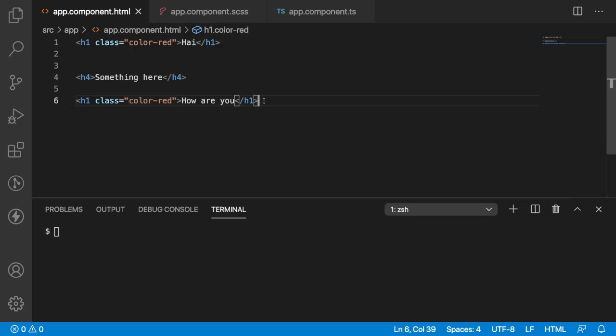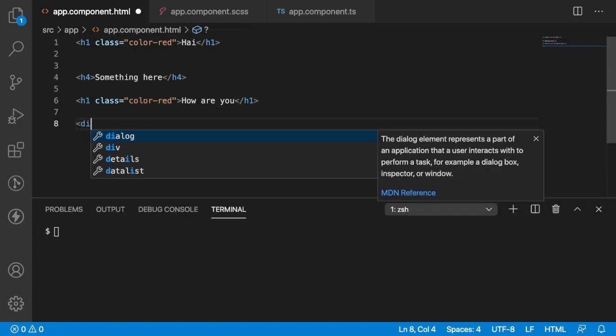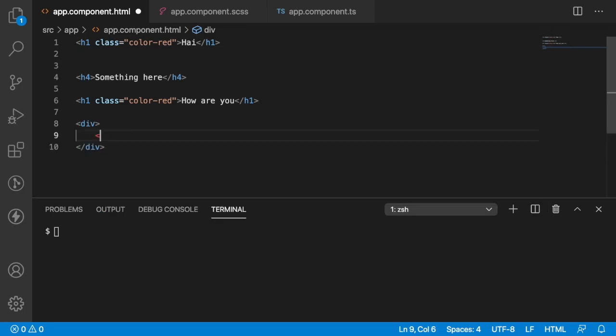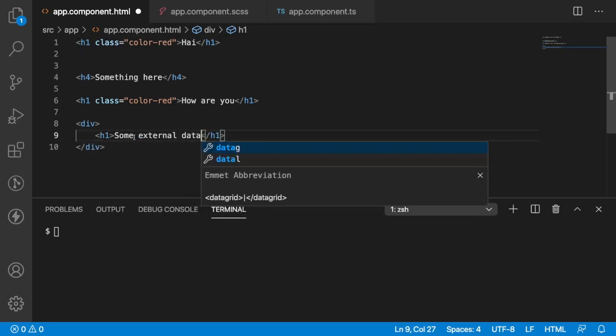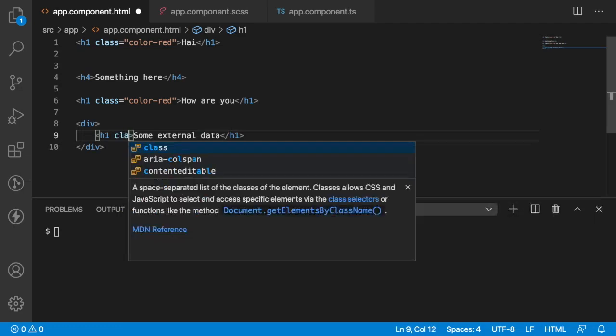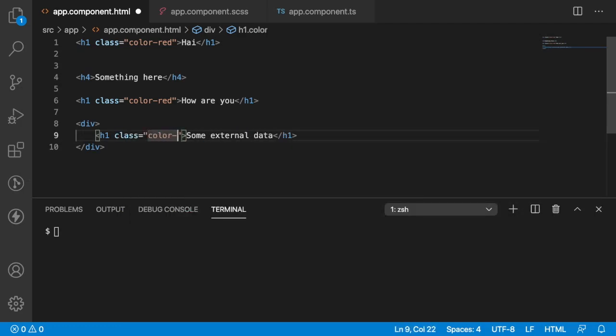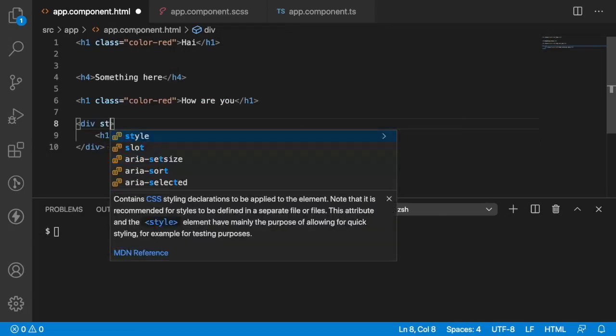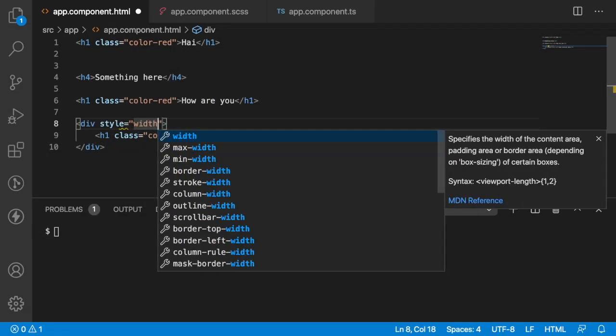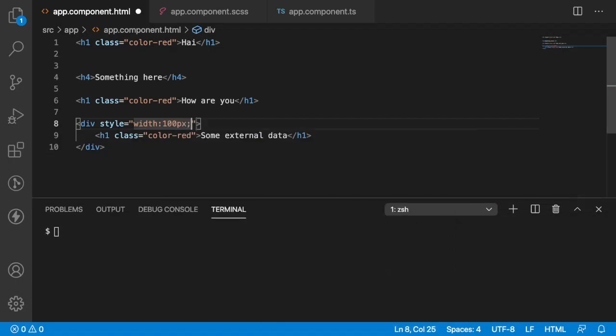Later I have created a div, and inside this div I am using some external data, which also has the class color-red. Here I am writing some inline styles: width of 100 pixels, height of 100 pixels, and border 1 pixel solid black.